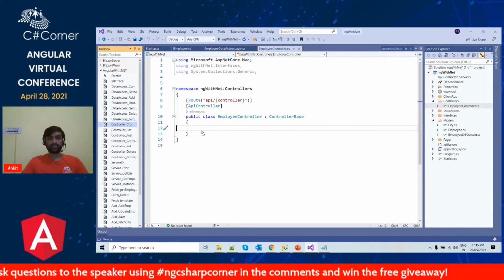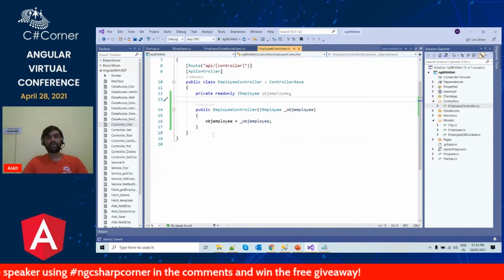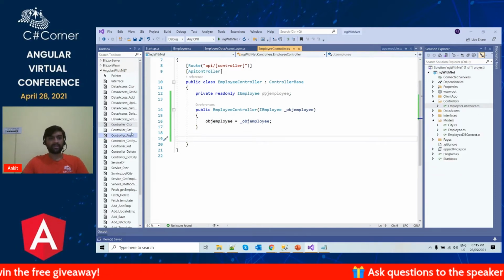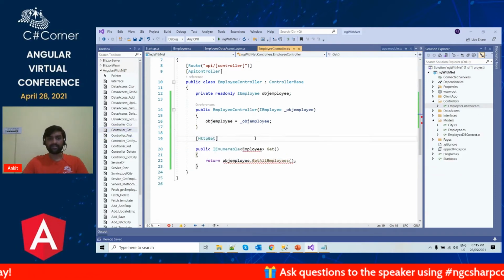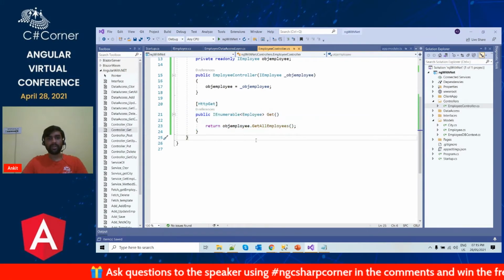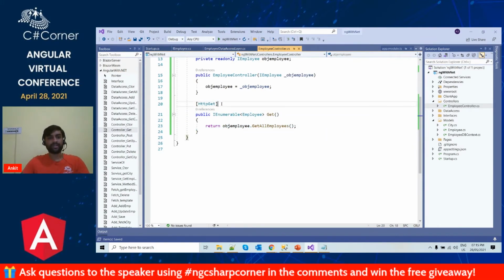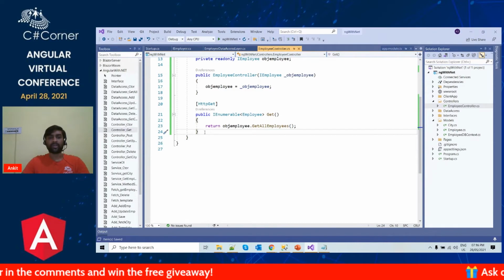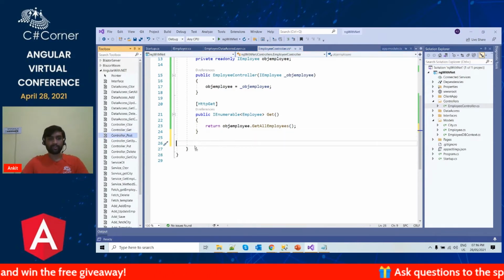So in the controllers, first we are going to add a constructor, and we are going to inject our IEmployee interface to our controller. Then we'll add a get method. This get method, let me add the namespace. So this get method, this is the get endpoint for our service, for our controller, and it will call the get all employees method of our employee data access layer. Then we have the post method.